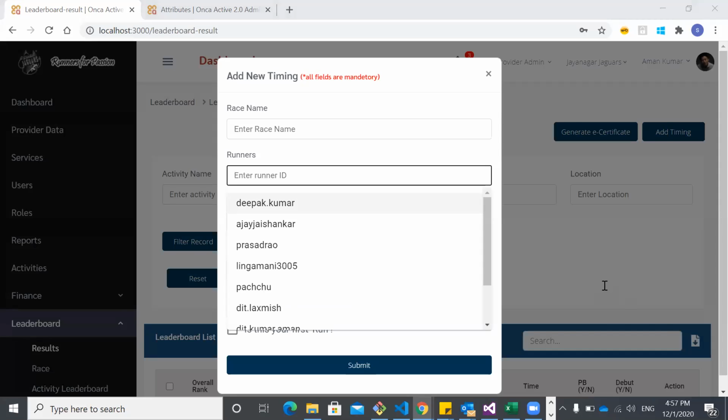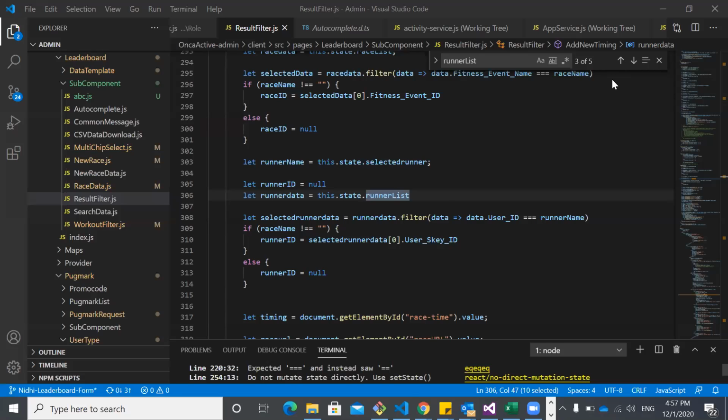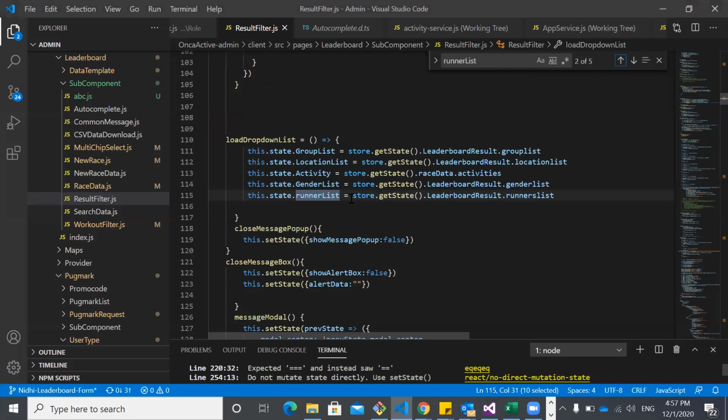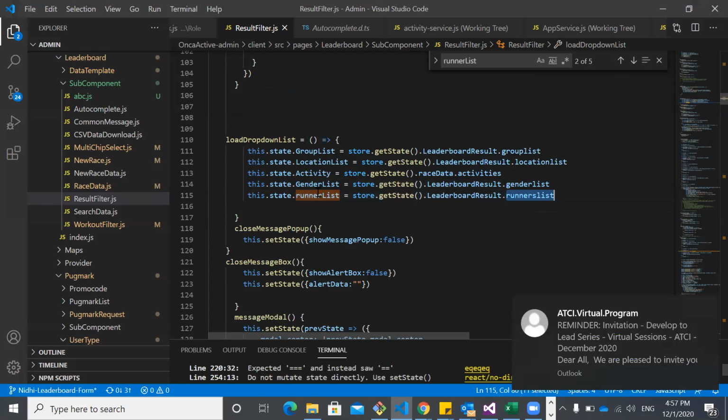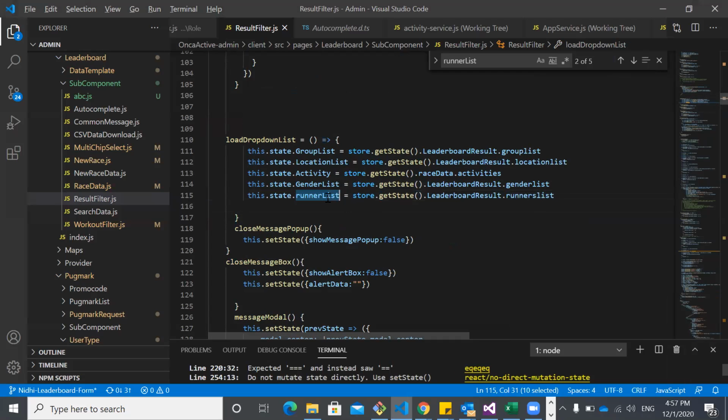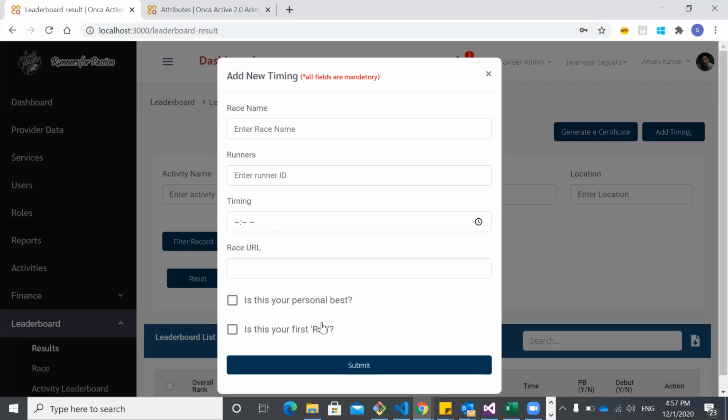So from that, I have retrieved that data. I'm storing that data. See, the store.getDate runner list. In this, the array is coming, but I'm storing that in this particular variable because I need that data to validate on this model.